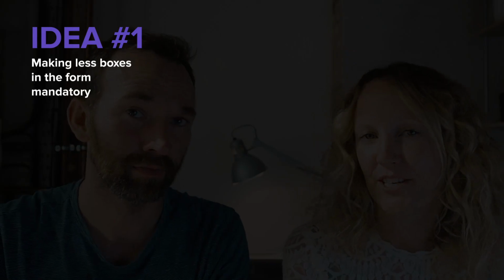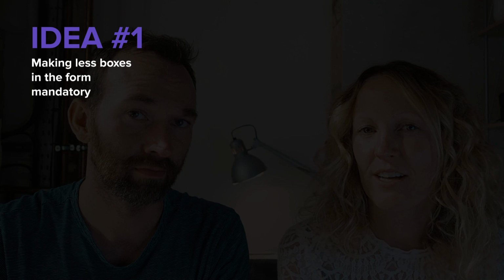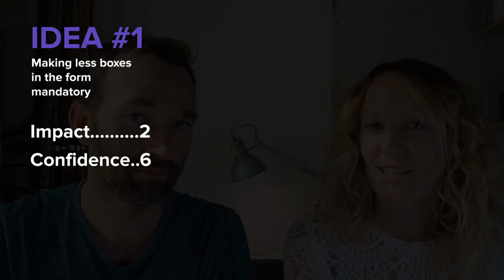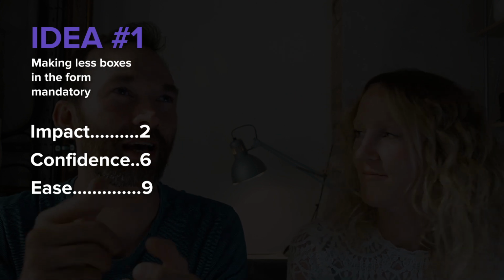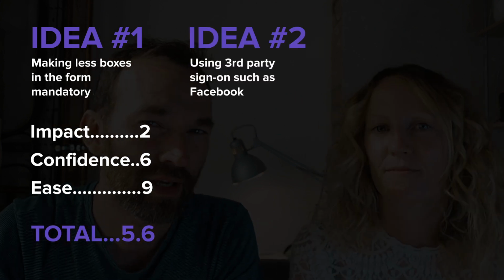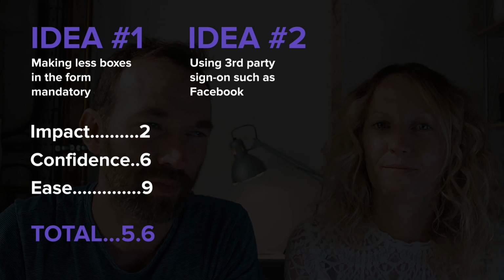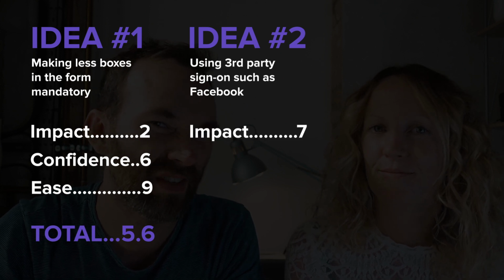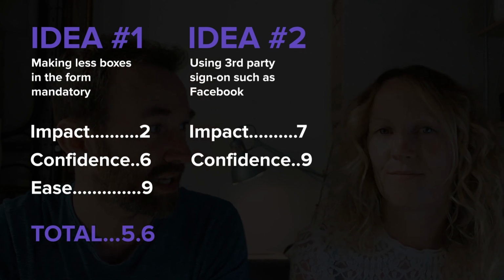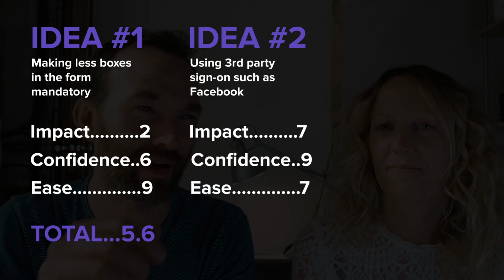So let's revisit our ideas and give them ICE scores. Making less boxes in the form mandatory. We gave that an impact of 2, a confidence of 6, and an ease of 9. Which gives us an average of 5.6. Using third-party sign-on, such as Facebook. Let's give that an impact of 7, confidence 9, ease 7. So that gives us an average of